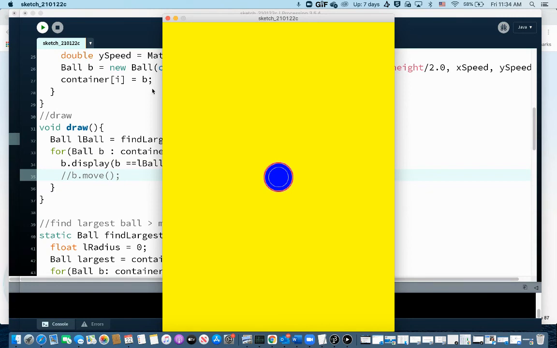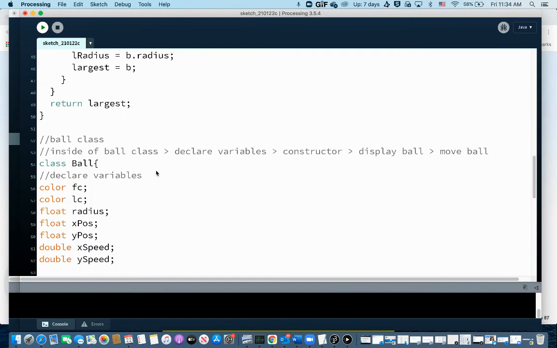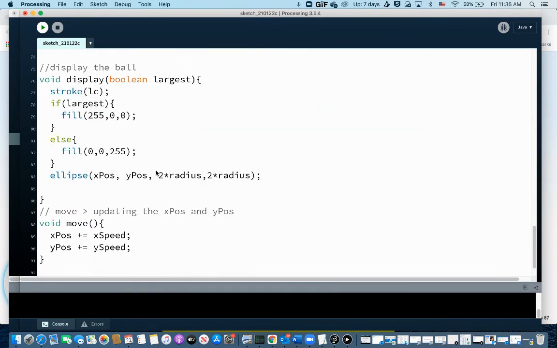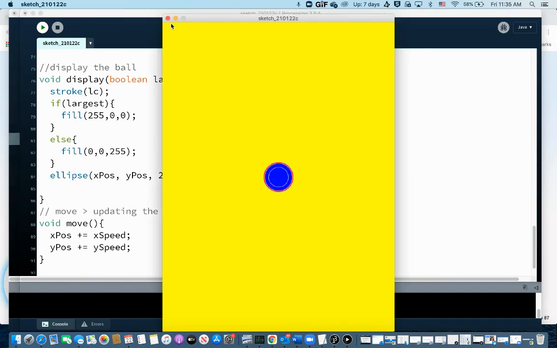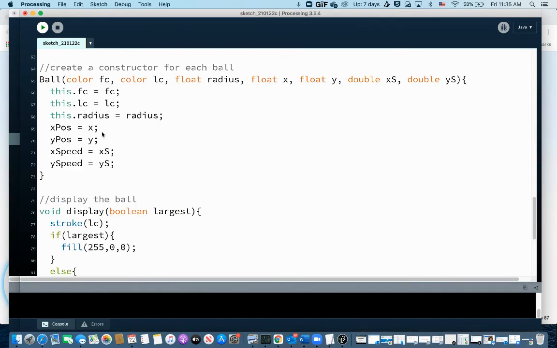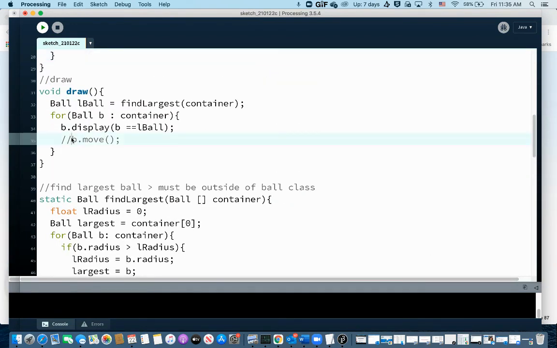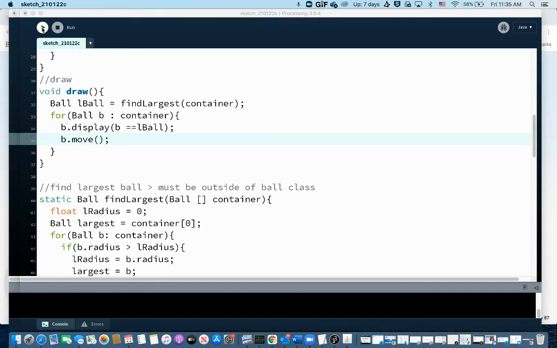Remember, if I come down here, what move does is change my x position and y position based upon my speeds. They all have different speeds, but each object has its own speed saved to it. Since I commented that out, nothing happens. So I'm going to go up here to my display. Let's take this out, and now let's put move back in here. When I do this,